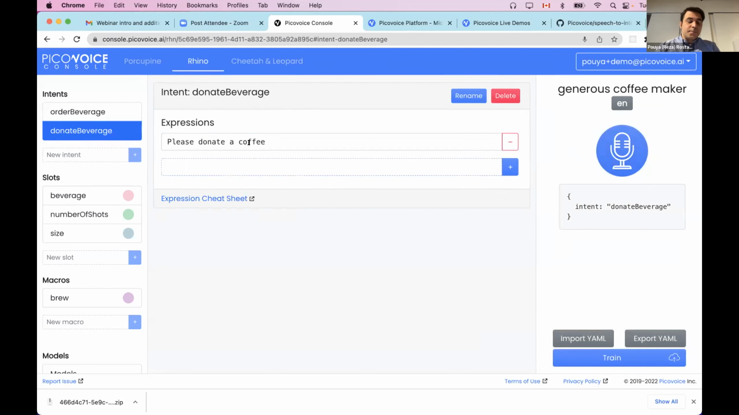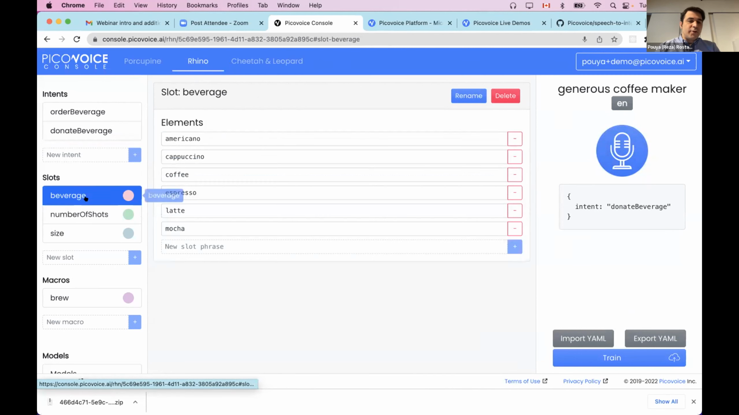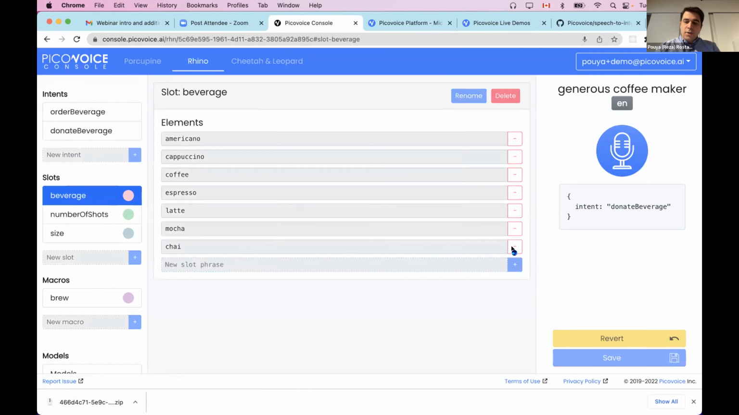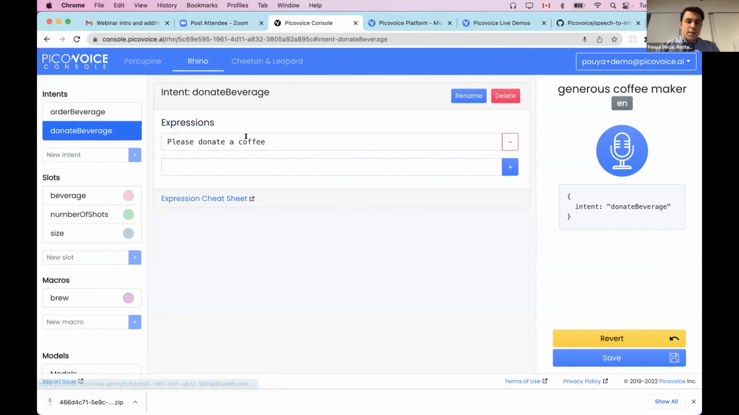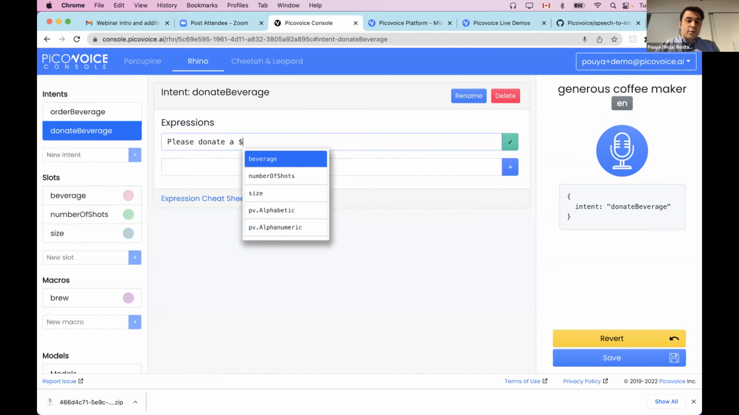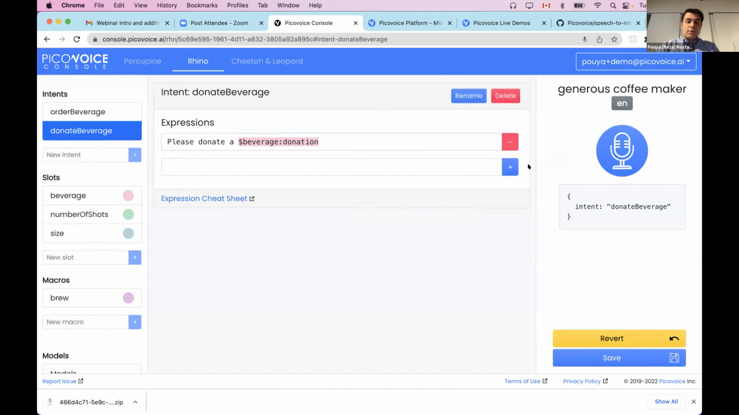So in this case, we can be a little bit smarter here and use slots, which are our variables. So if you go to beverage, you can see all the elements in the slot. So we can say beverage, and it will cover all these elements. So let's add chai to the list of beverages, and here instead of coffee, we can say, okay, we want to donate a beverage, and the name of that variable can be donation. So if I save that,